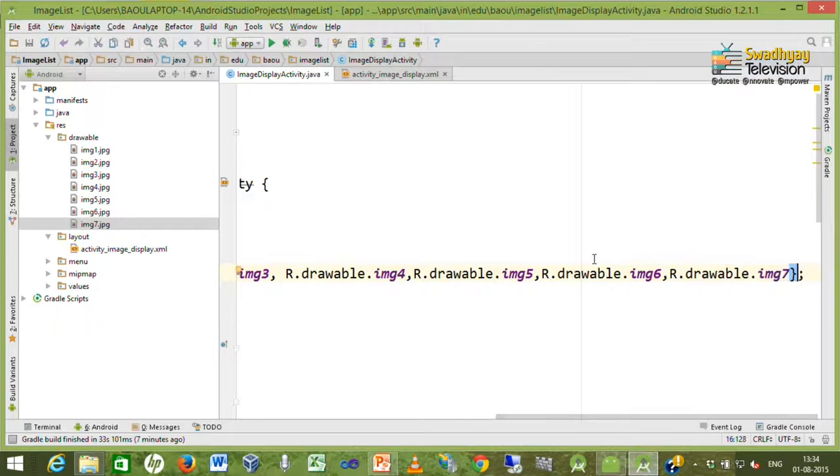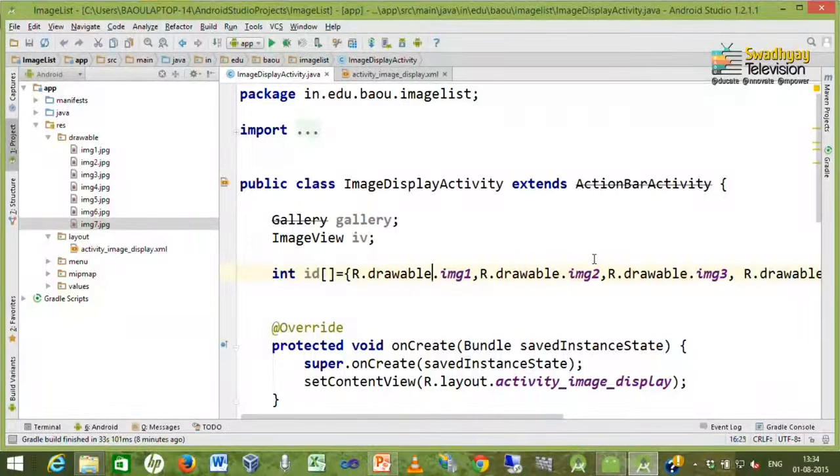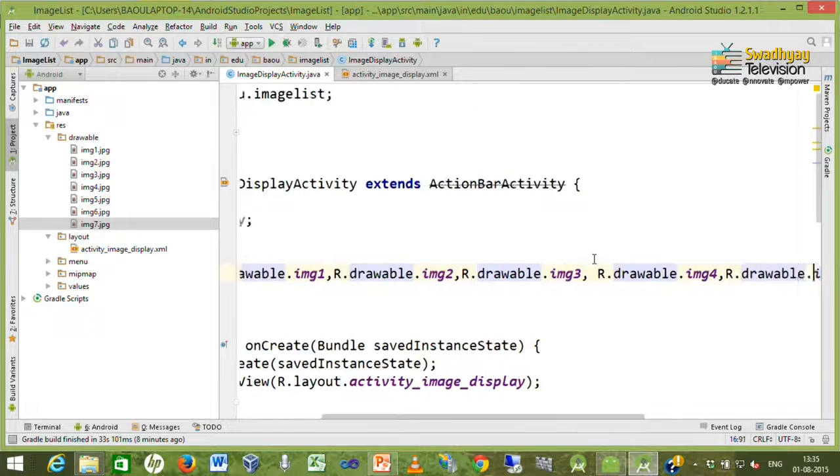So, we have all 7 images available inside this integer array which represents IDs for our images.